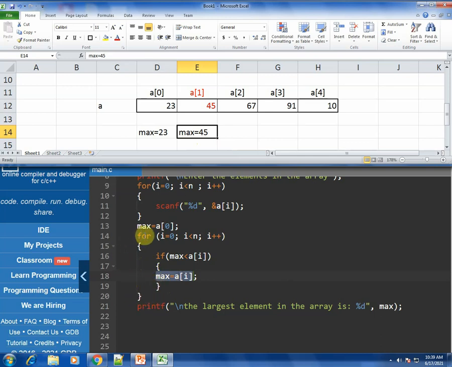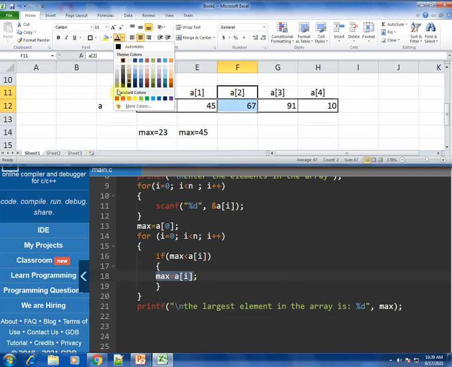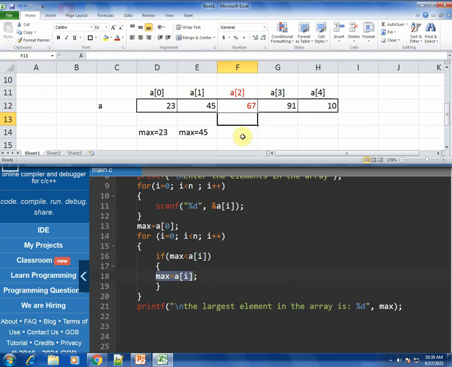You will again then execute the for loop. So this time I will be incremented. So I will be 2, hence let's look at what is to be currently looked into. So I is 2, which means you have to check is max less than a of I. So currently your a of I is a of 2 basically, because I has now become 2.